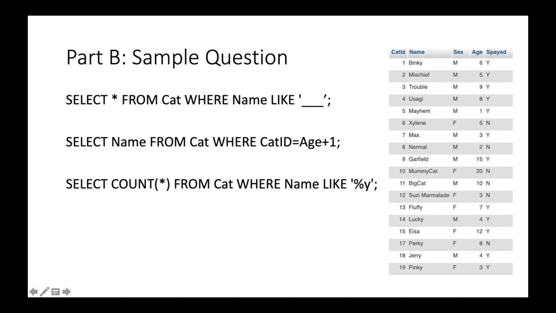Select name from cat where cat ID equals age plus 1. A little bit tricky, right? So the meaning of this question is that you will select the cat whose age plus 1 is equal to the ID,